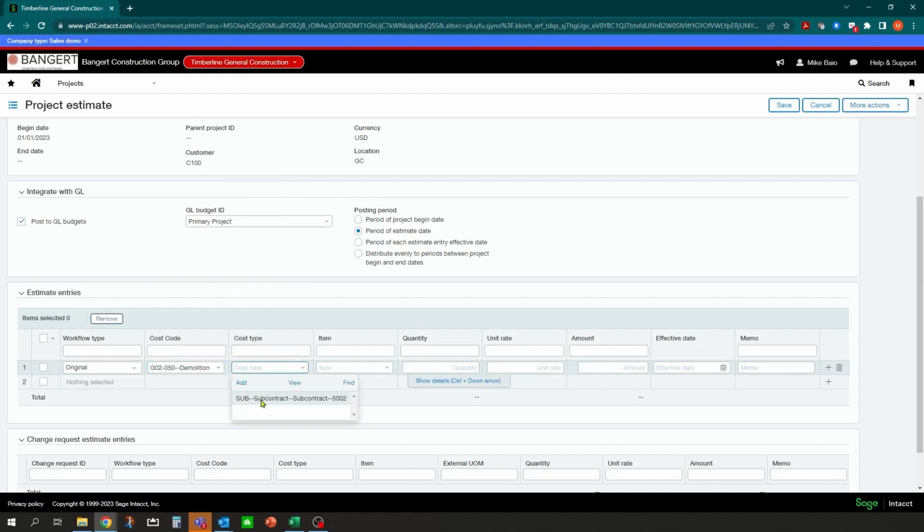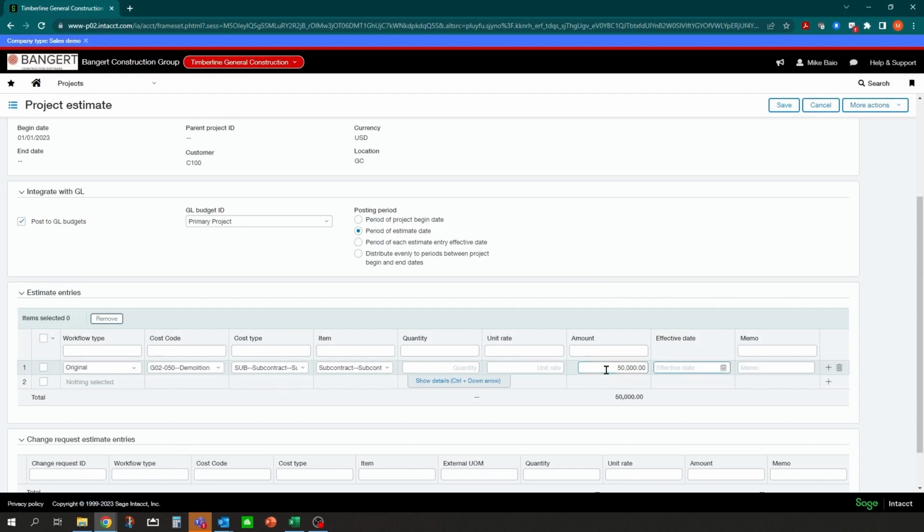These are all going to be defined by your setup, and what's available depends on what you turn on to be available for that cost code. We're going to sub out the demo work, and you can elect to key in estimated quantities, or you can skip it and just put an amount. So the subcontract is going to be 50,000 in this case.